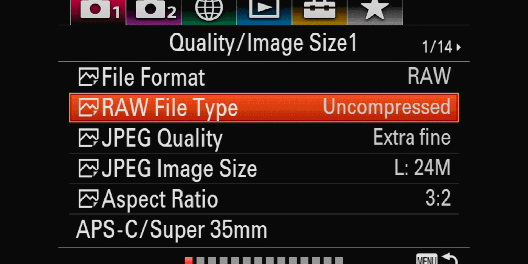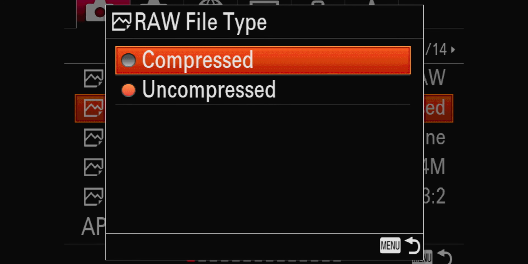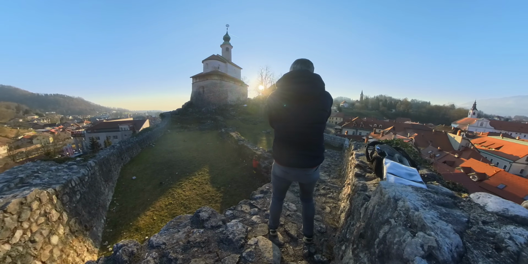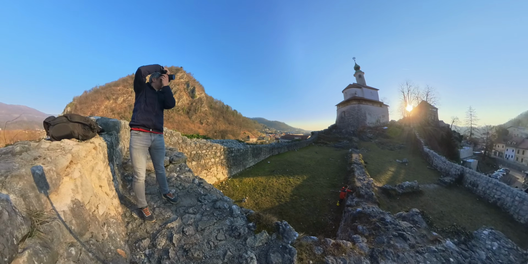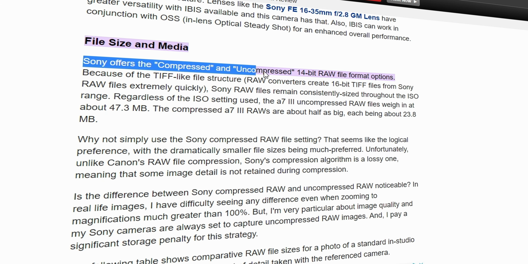Hey guys, have you ever wondered what's the difference between raw photography and compressed raw photography? Well, today I'm going to test this out. I'm going to shoot photographs in raw and then shoot the same photographs in compressed raw, because compressed raw takes